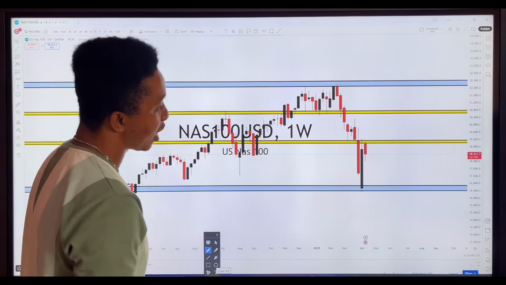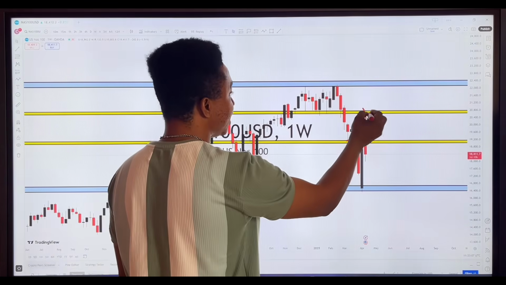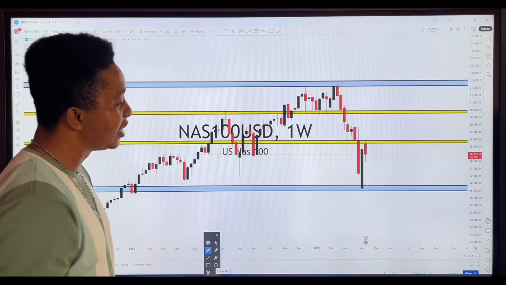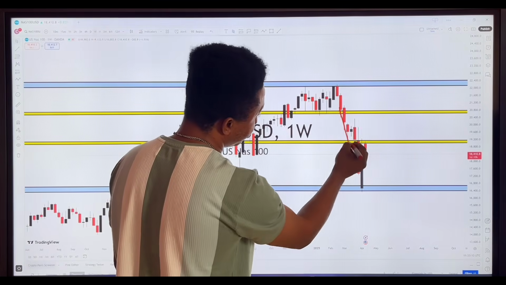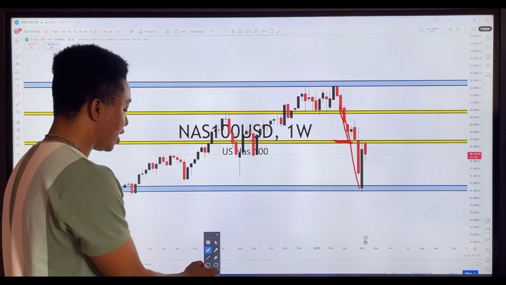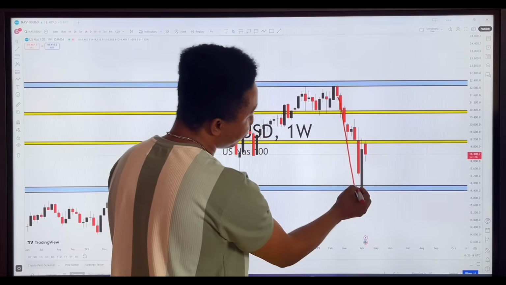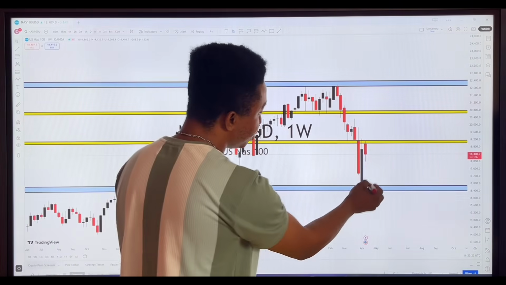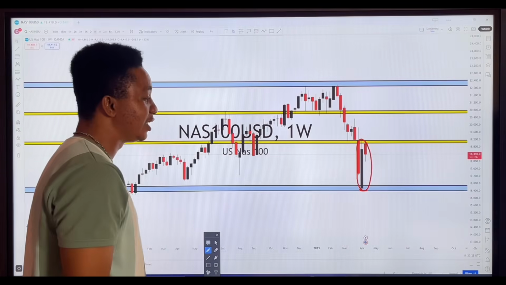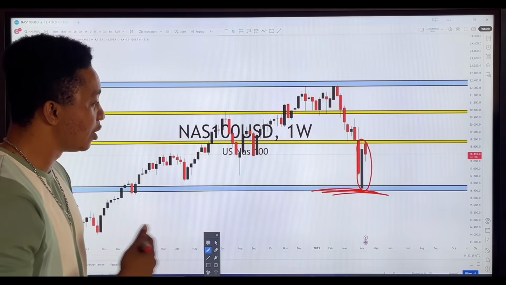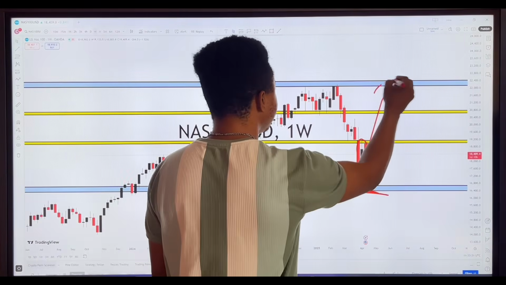So this told us what? Since price couldn't go up for a retest before dropping all the way down, it means that there's more sell pressure in the market. That is why sellers were able to break below this support level and then continuously move all the way to the downside. But after coming all the way and making contact with the monthly support level, what we have seen over here is a strong bullish swap candle, which is an indication of what? Buyers are deeply present on the monthly support level, ever ready to continuously push the market all the way